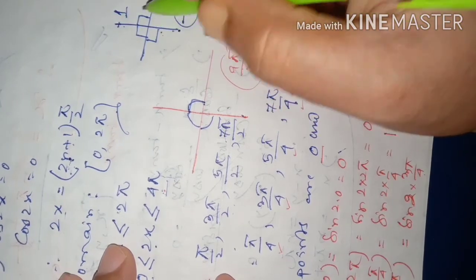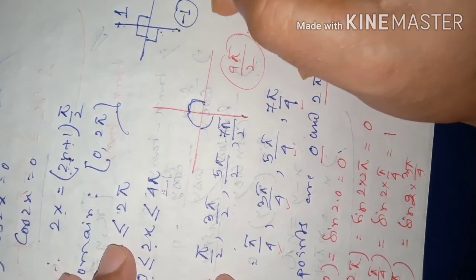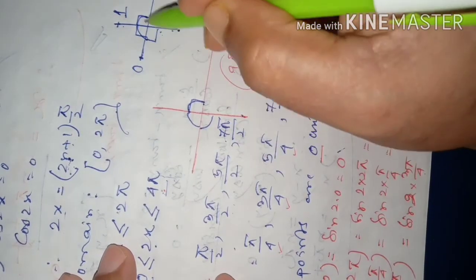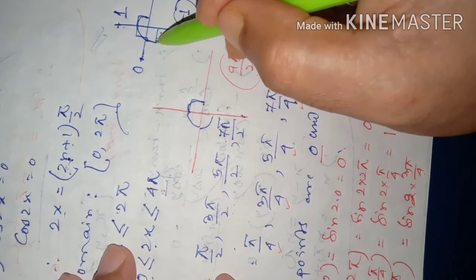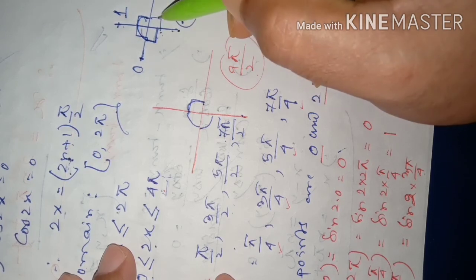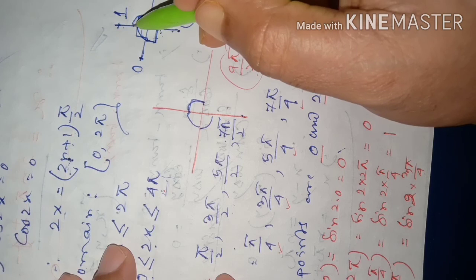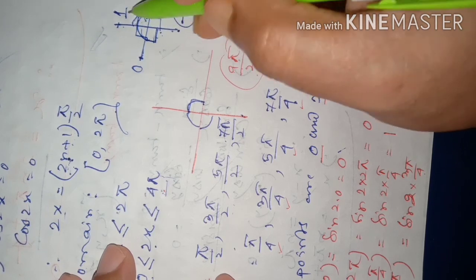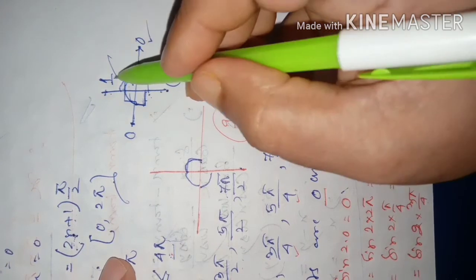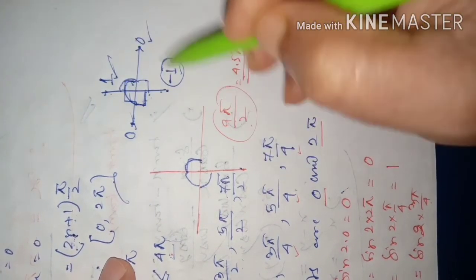Here the sine value is 0, and here the sine value is 0. This is the pi angle, for the pi angle it is 0. Again after that pi by 2, that is 4 pi by 2, 1, 2, 3, 4. And after that one more pi by 2 if you go, that means 5 pi by 2. That time again it will be 1. Are you understanding, dear students? Here it is 0, here it is 1, here it is 0, here it is 1. I am talking about the sine value.